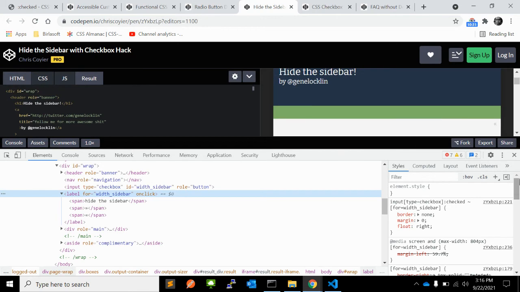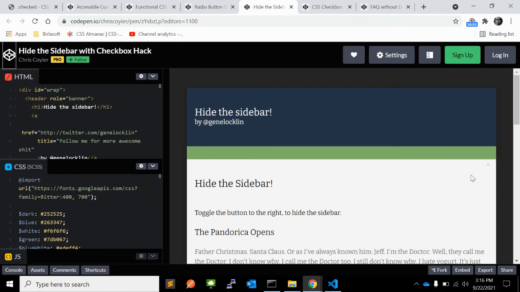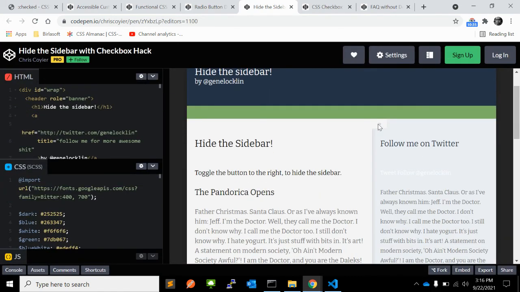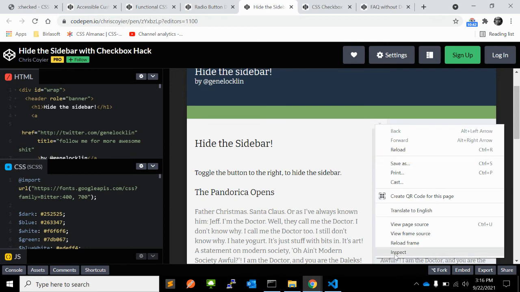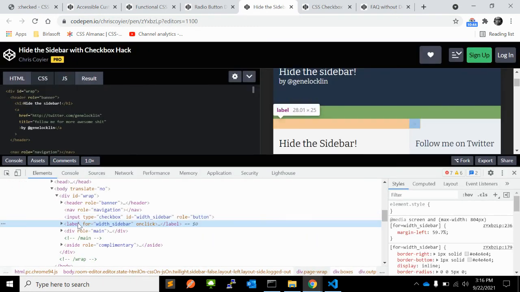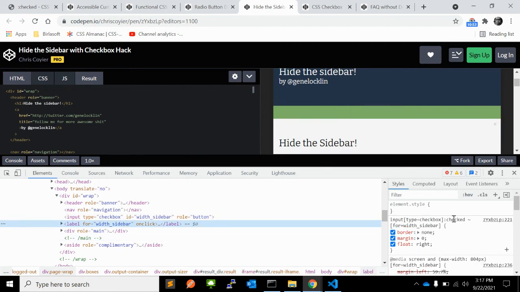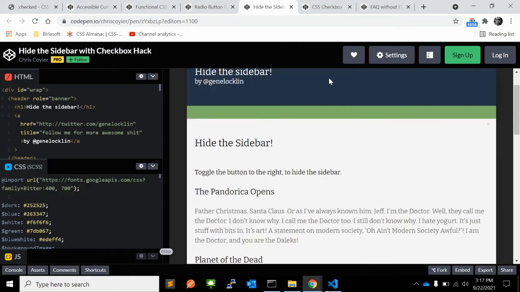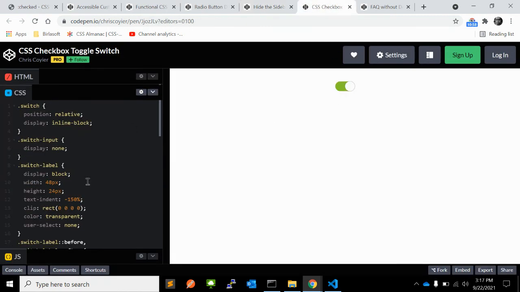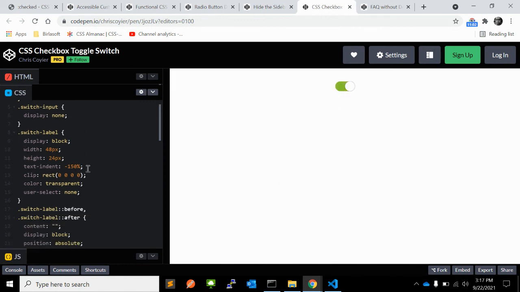The next one is you can hide and show a sidebar. You can find those examples in blogs. So this is also done using the checkbox hack. As you can see, there is a checkbox. It is hidden, and when you click on the checkbox like this, it will apply the check state, and you can add CSS as you want. This is one of the best uses of this checkbox hack. You can add a kind of button, a switch.